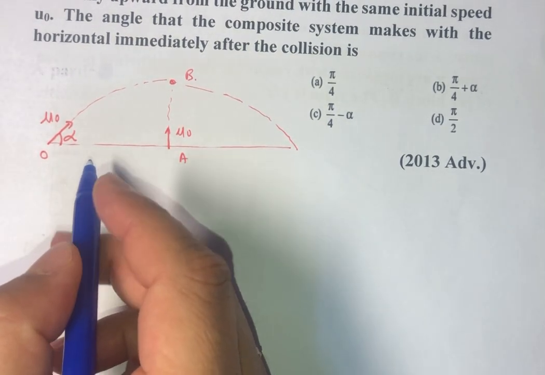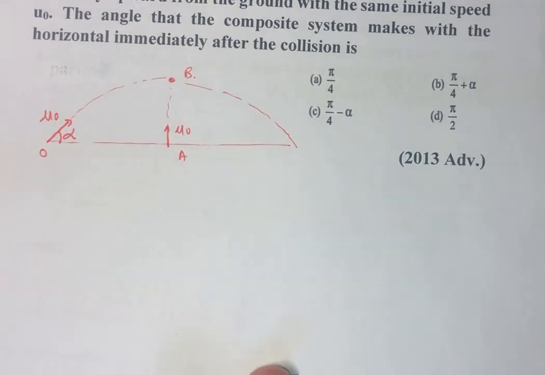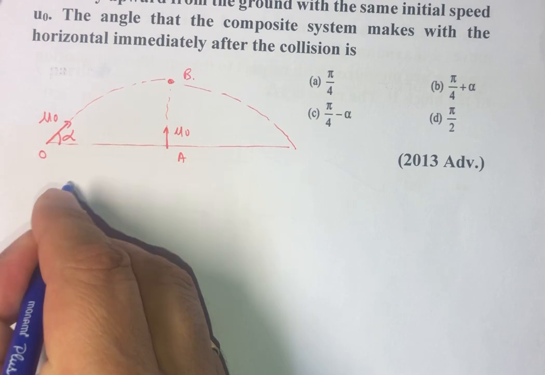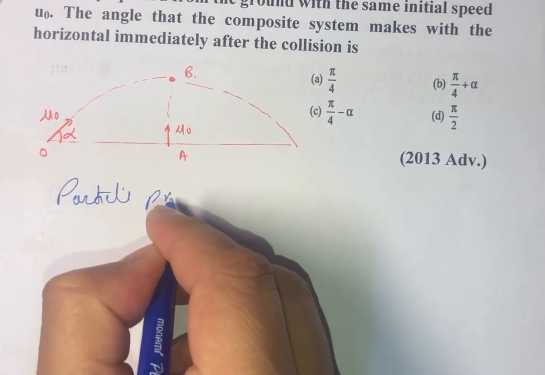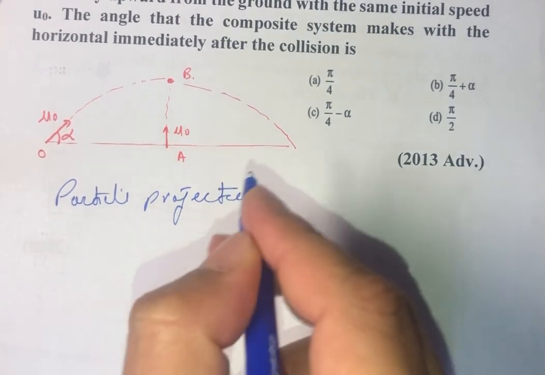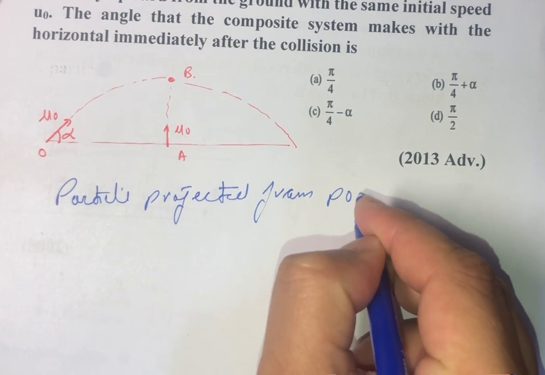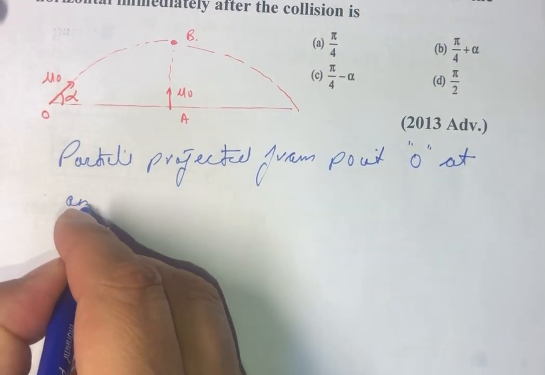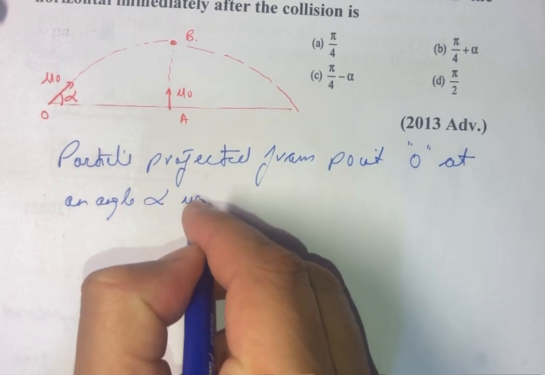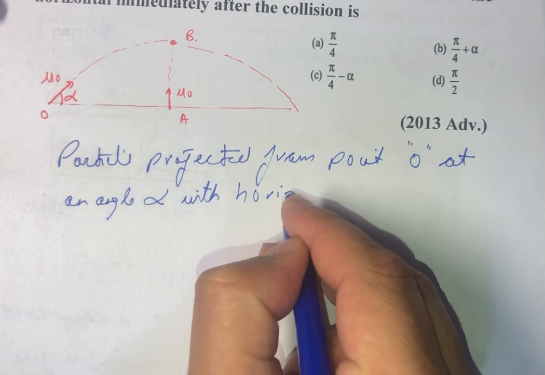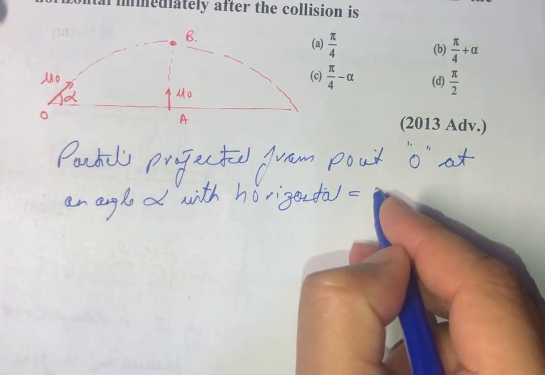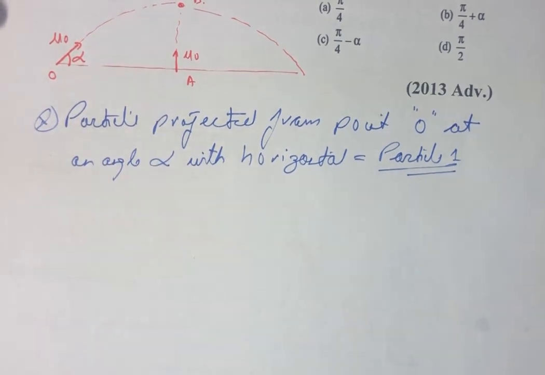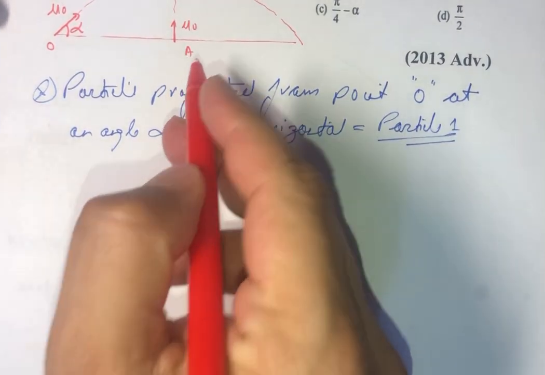It is given that let us call the particle projected from point O at an angle alpha with the horizontal particle 1, and the particle which is projected vertically upward from point A